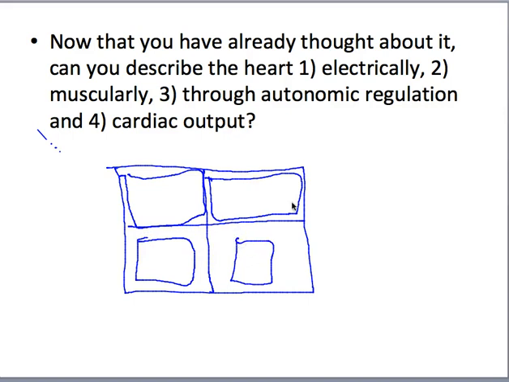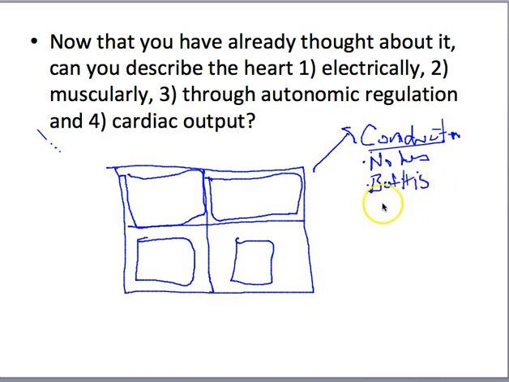Now, think about what I'm asking you to do. I'm asking you to think about the heart electrically. So if I'm you, I'm over here and I'm going, well, electrically means I need to know about the conduction system. Conduction. Right, and that conduction system has the nodes. The nodes also are going to attach to the bundle of His, right? And that bundle of His ultimately causes the distinction between what's happening inside the atria and what's happening